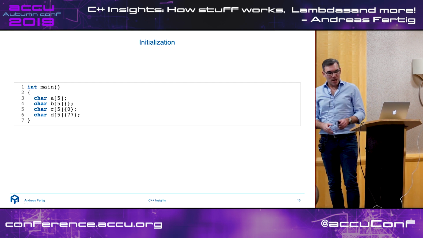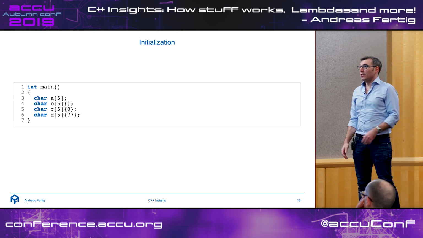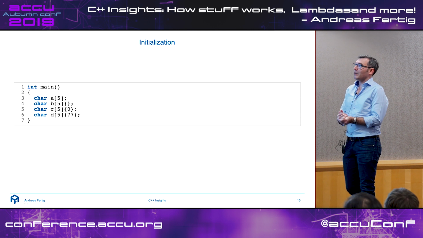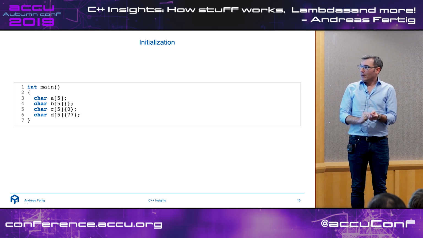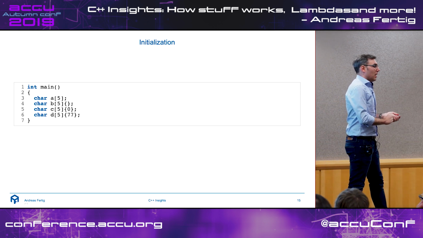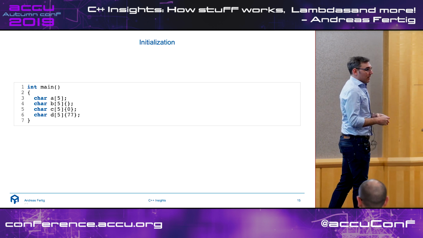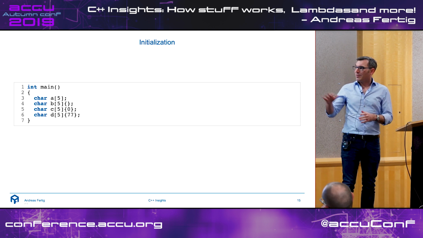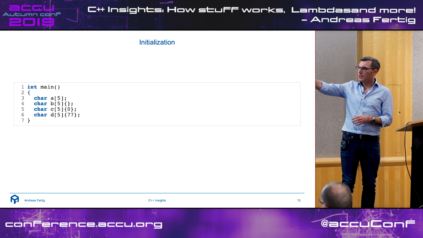Another thing, and that might be a topic of its own, is initialization. Just the other week, we had a longish discussion about how to name a certain function to make a shared or a unique pointer which is not being initialized. So initialization in C++ is huge, and I will not talk about the rest of this talk about initialization. This is a small example.